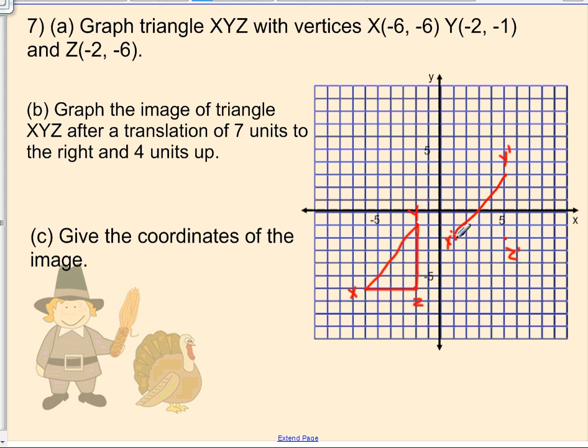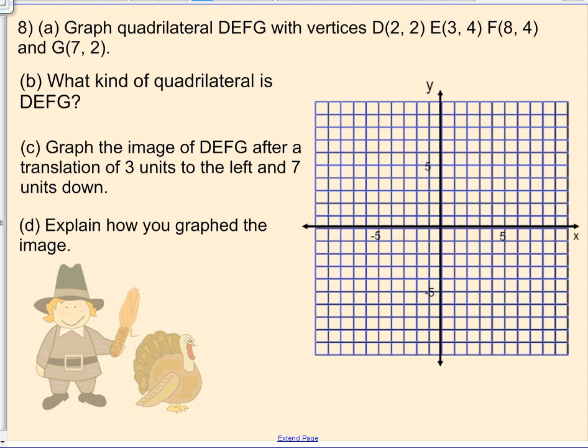And here is my new triangle. All right, and then you would give the coordinates of the image. So in this case, X would be 1, -2. Y would be 5, 3. And Z would be 5, -2. All right. So, this is just another example of that same type of thing with the triangle that we